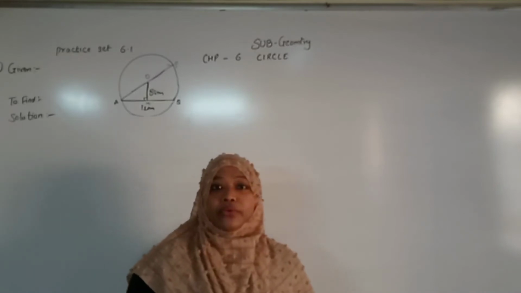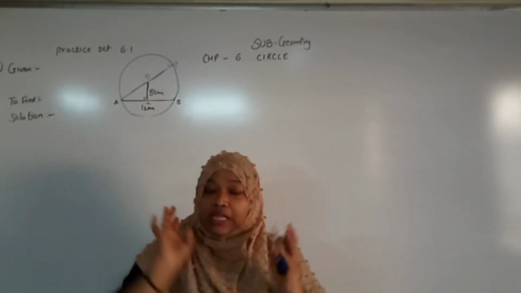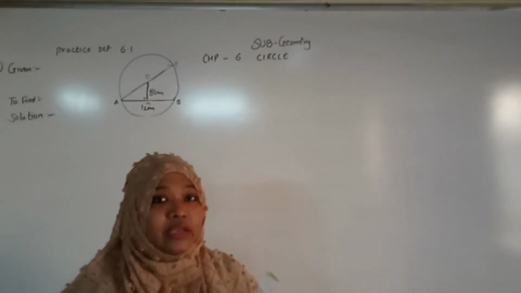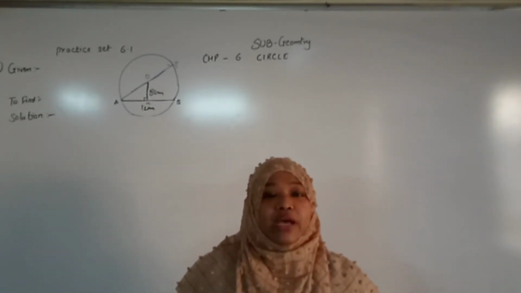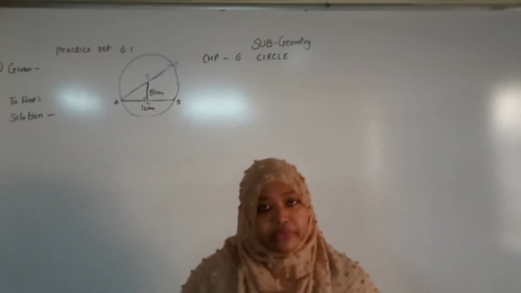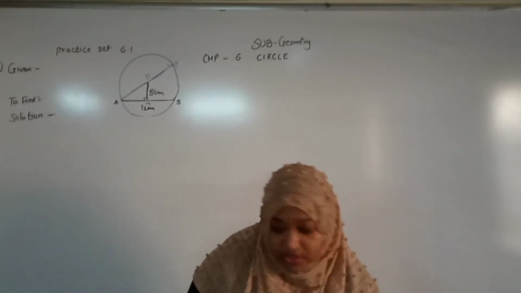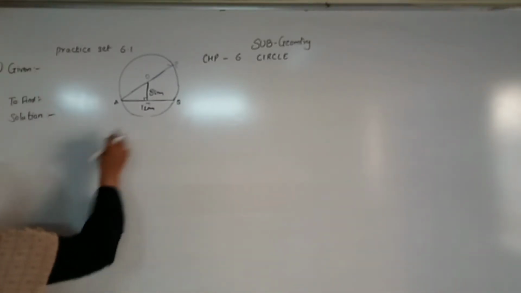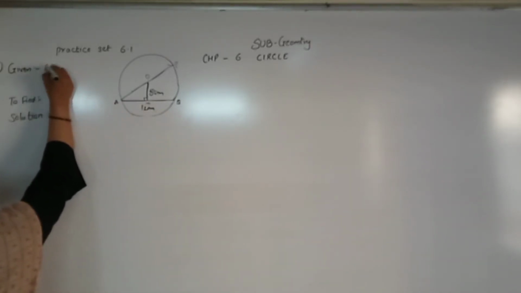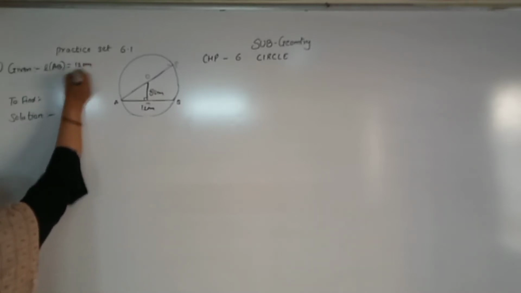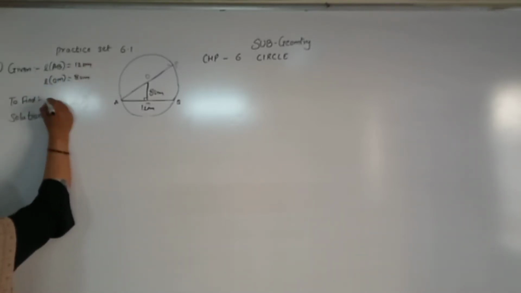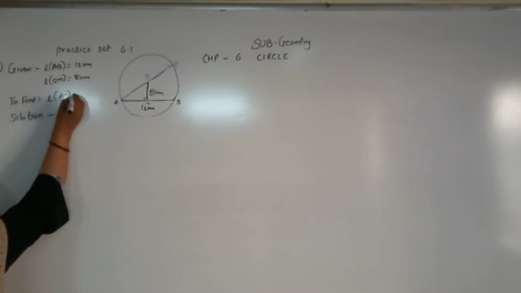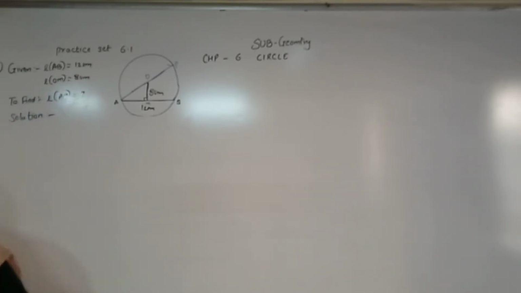Now students, what am I going to do? First I will write all the parts in sequence. See, in geometry you have to follow the rule: given, to find, solution, construction, and so on. So what is given according to the diagram I will take. The length of AB is given, that is 12 centimeter. The length of OM is given as 8 centimeter. We have to find the diameter, that is AP. Okay. And now we will start the solution.